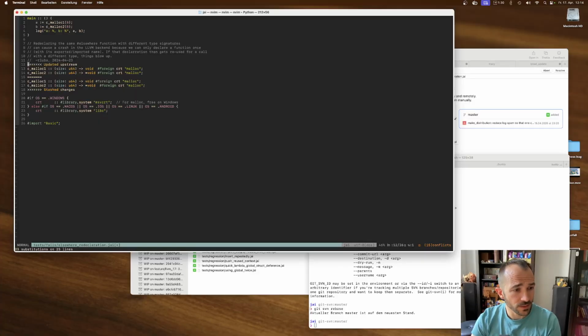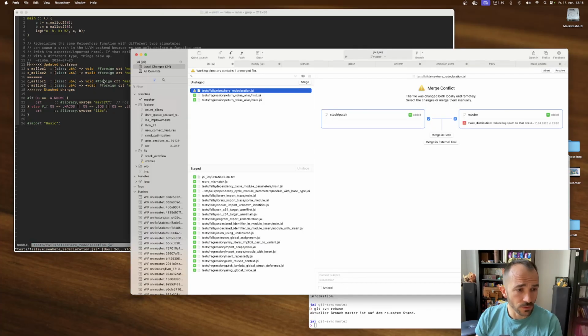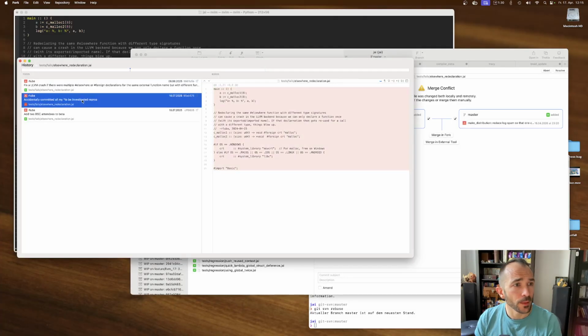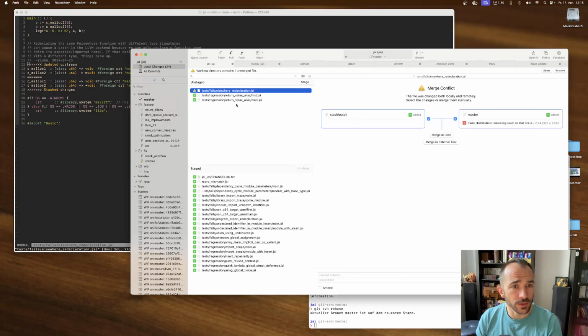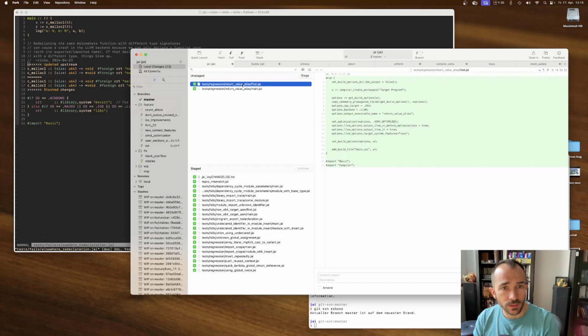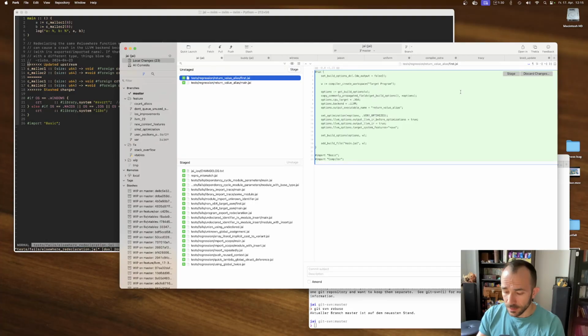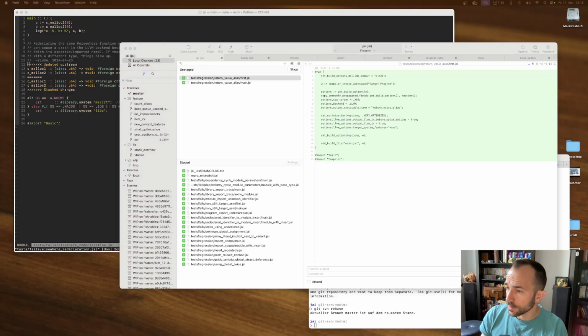Okay, but it seems like this one is under version control. Let me just check its history. Yeah, okay, so we can just discard this one. But the other ones are new. And let's open the Windows machine and add the one from Windows. I have to take a look.